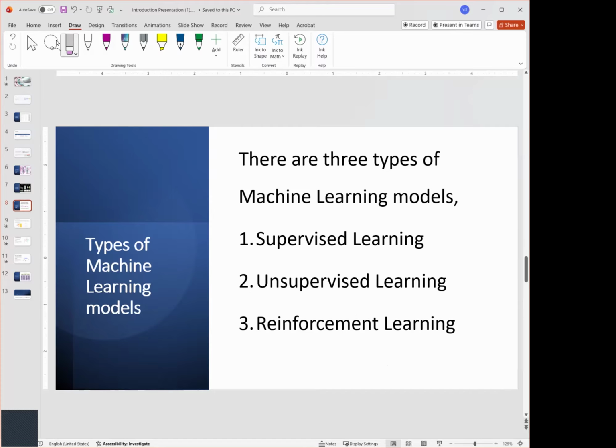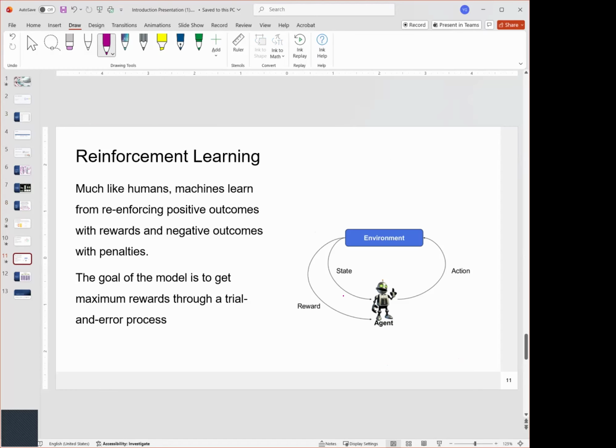The next one is reinforcement learning. Just like it says, if you've taken a psychology class, you know there's reinforcement learning, right? So what is reinforcement learning? That's when you reward a computer when it does the right thing, and you punish the computer when it does the wrong thing. So it's punishment, negative reinforcement, positive reinforcement. Just like human beings, you can punish or reward a computer based on whether it did the specific things you wanted, and that's called reinforcement learning.